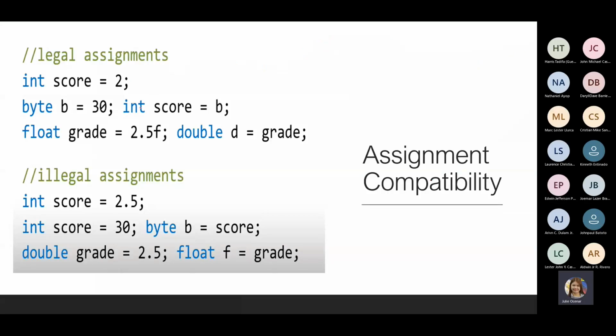Okay, next is we have this one. Assignment compatibility. For the assignment compatibility here, what we will do is check whether the value or variable is right for the data type we are using. Okay, so this is legal, so it's correct. This is illegal because int is for whole numbers, not for a decimal value. Here, int score equals 30, that part is okay. We have a whole number. But assigning it into a byte,